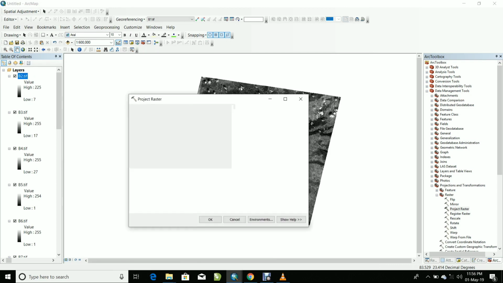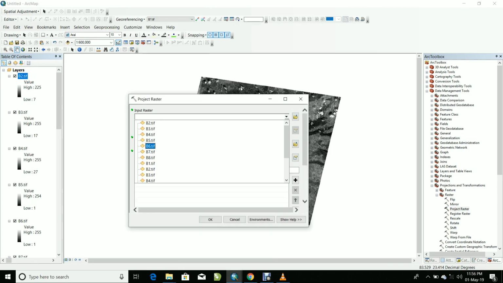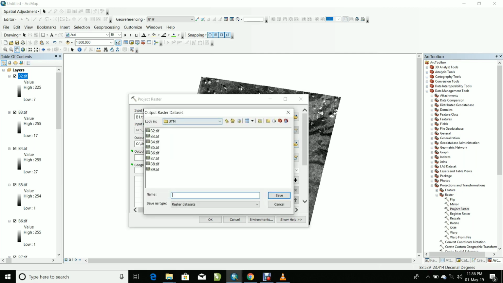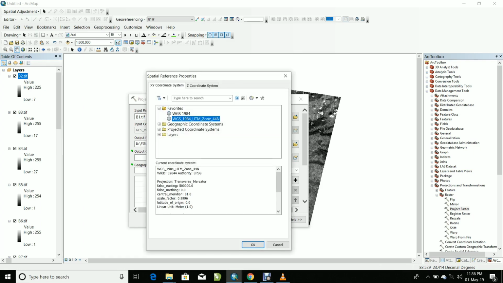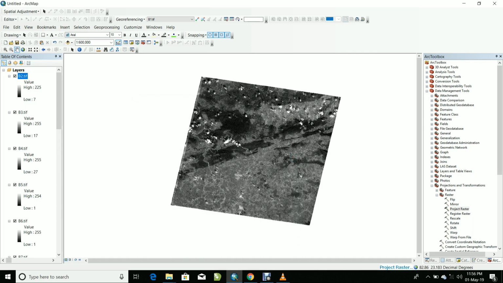Now here I am doing it for all the 9 bands and giving them the UTM projection, with the same procedure which I have given in the previous description, and the same procedure should be followed for all the other 9 bands. Thanks for watching the first part. In the next part we'll cover the flip and resampling part, and this will further show how we can rectify the image more appropriately and properly.